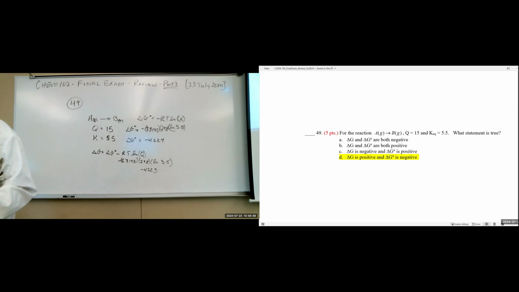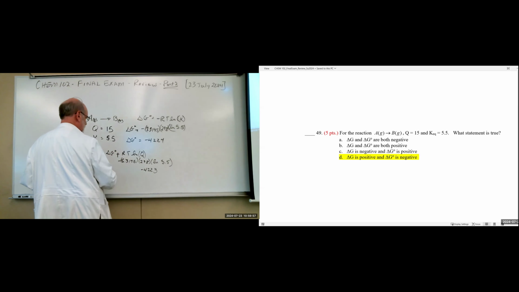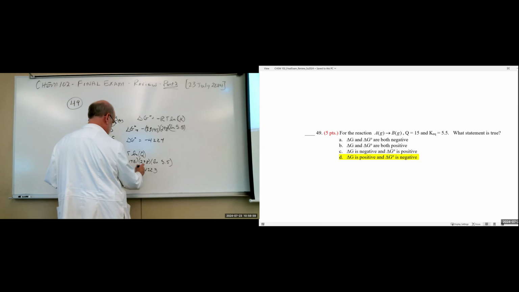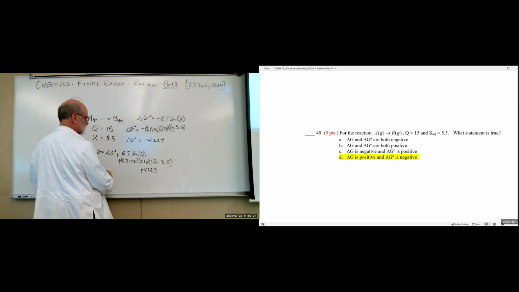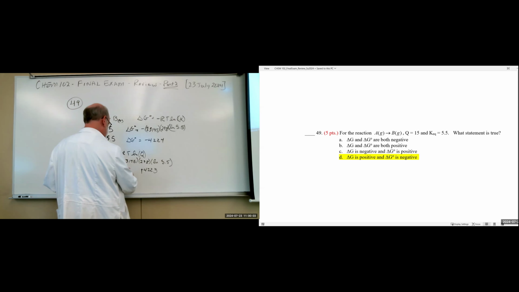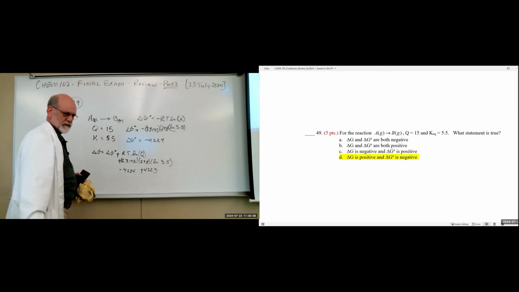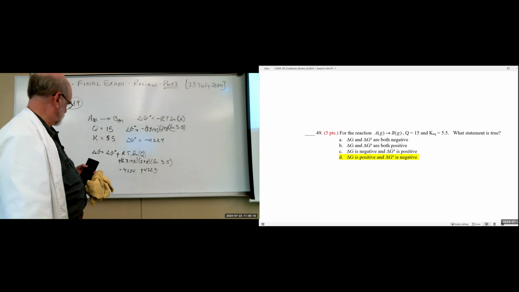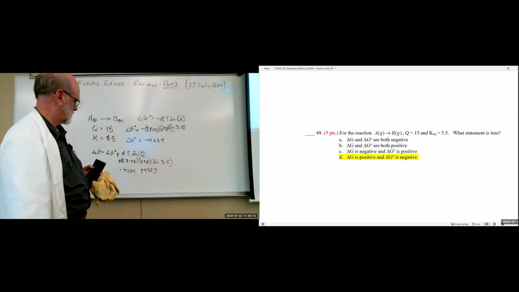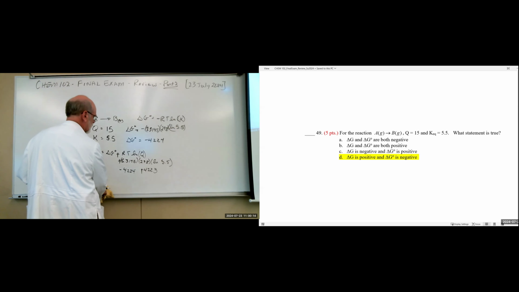All right, what am I doing? Oh, it's plus. I'm sorry. That's plus. Delta G0 is minus 4,224. That gives you a negative. Delta G is, unless I did a calculation incorrectly,